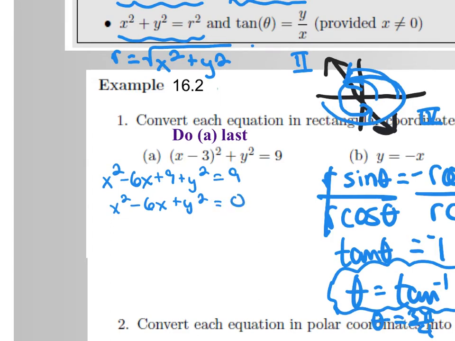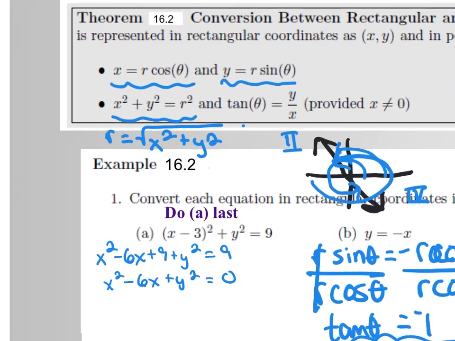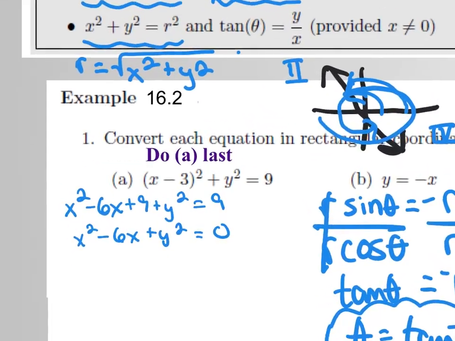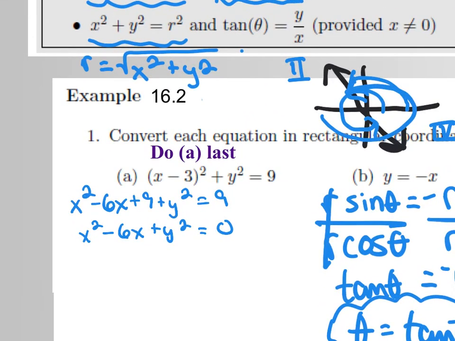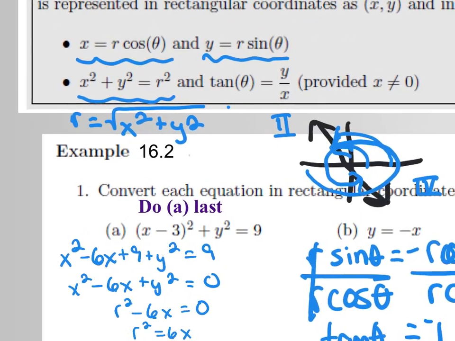Okay, I want this in terms of r. The nice thing, look at up here, we have x squared plus y squared equals r squared. So I'm going to swap those out, and I'm going to say r squared minus 6x equals 0. And then I'm going to do r squared equals 6x